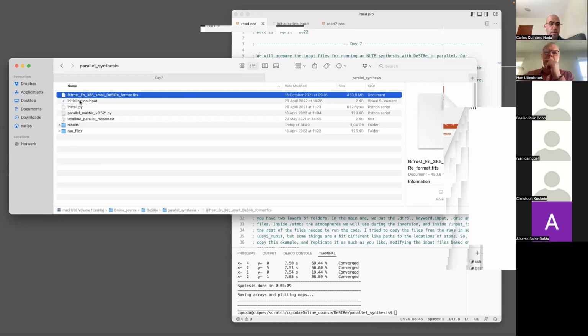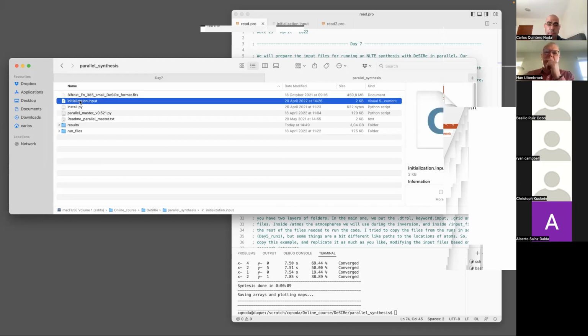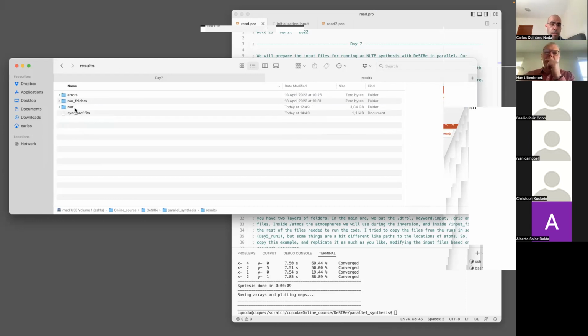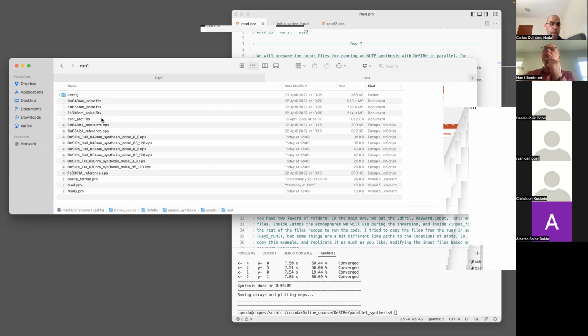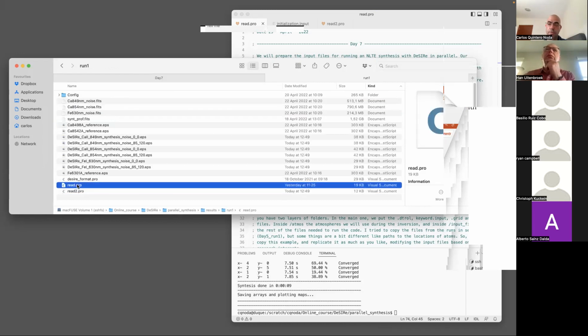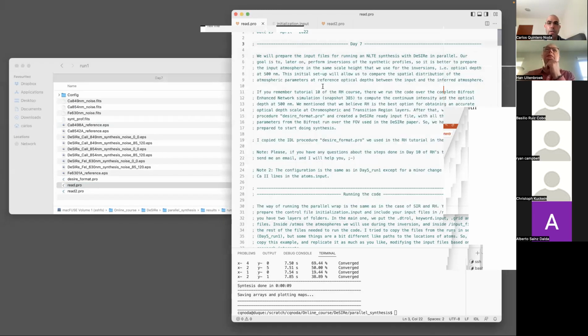So today we are going to check this initialization file, and then we are going to go to results. And I already prepared the run for the synthesis. And this run one is the folder that you need to check when you are checking the class. So here there's a lot of things, and there are 2 IDL scripts, okay? So then let's go to check this one, and we are going to move back and forward on this folder. Okay, so this is the